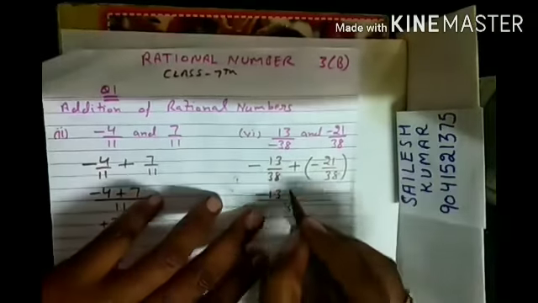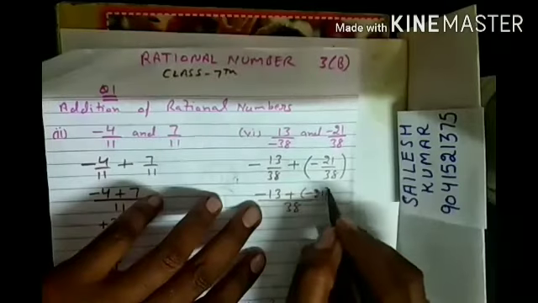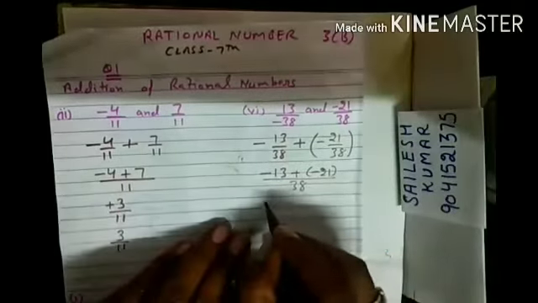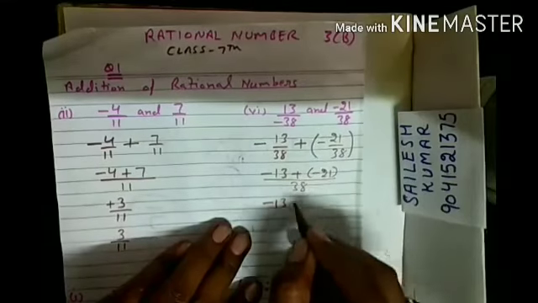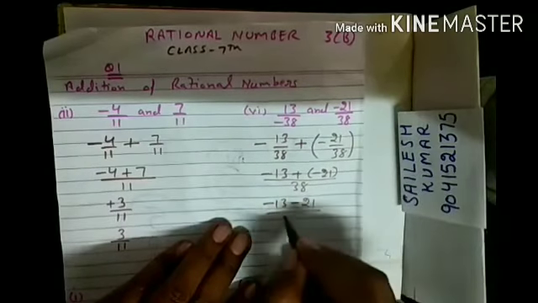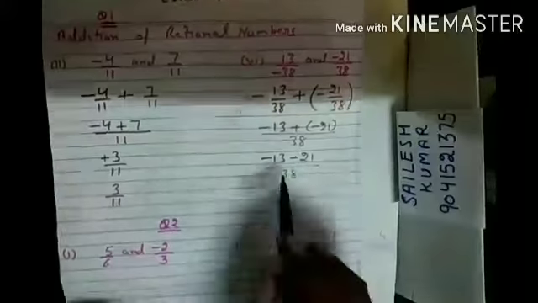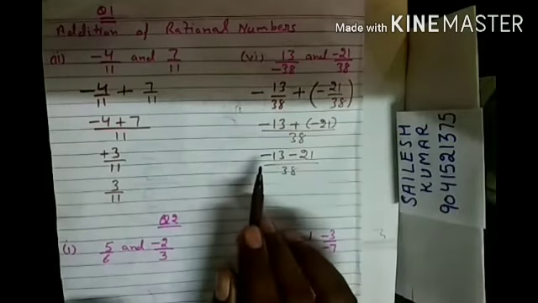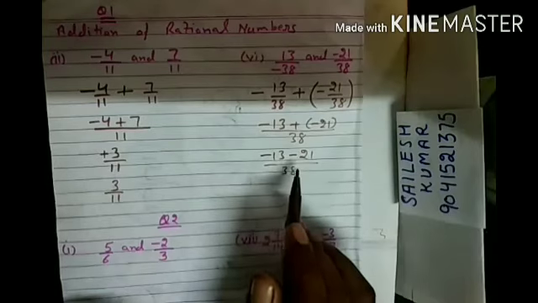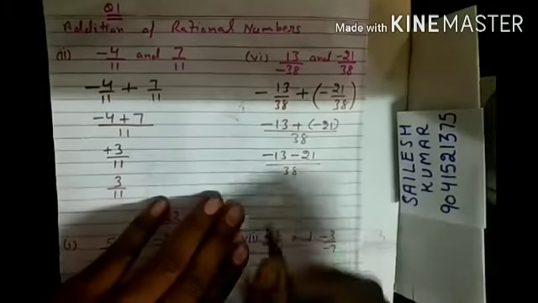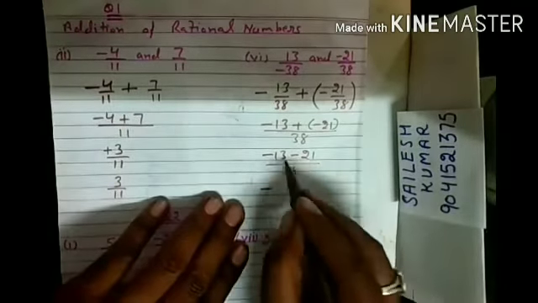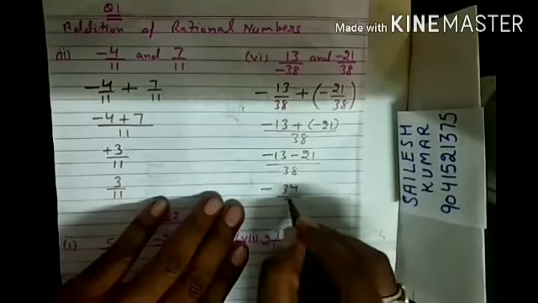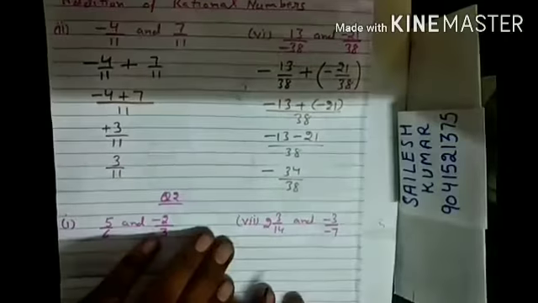This is minus 13 plus minus 21, as we did in the first part. Minus 13, now this is plus and minus, that is minus. Now here both integers are negative, therefore we will add them. When there are integers of the same sign, then we will add and write the common symbol. What is the common symbol? Minus, and the addition of these, 3 plus 1 is 4, and 3, 34 by 38. Okay, now this is the answer.